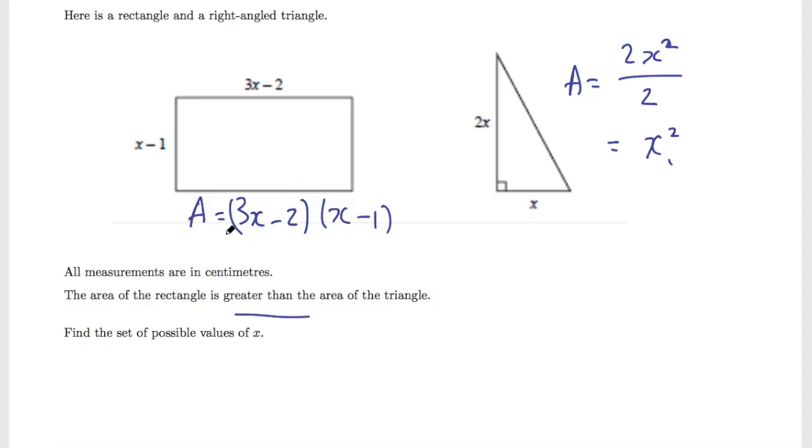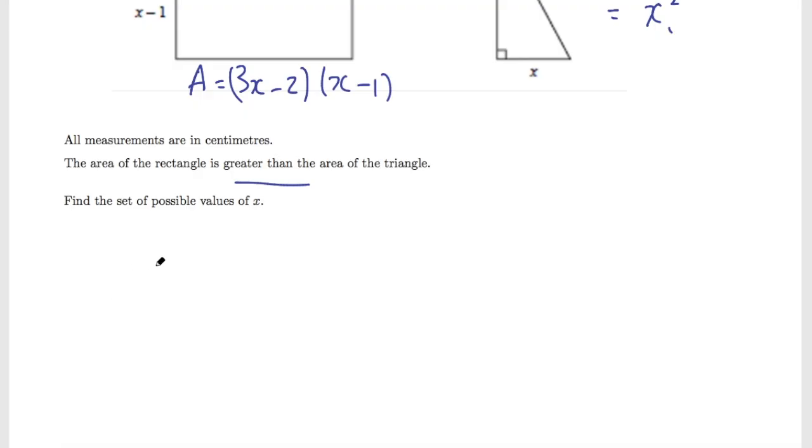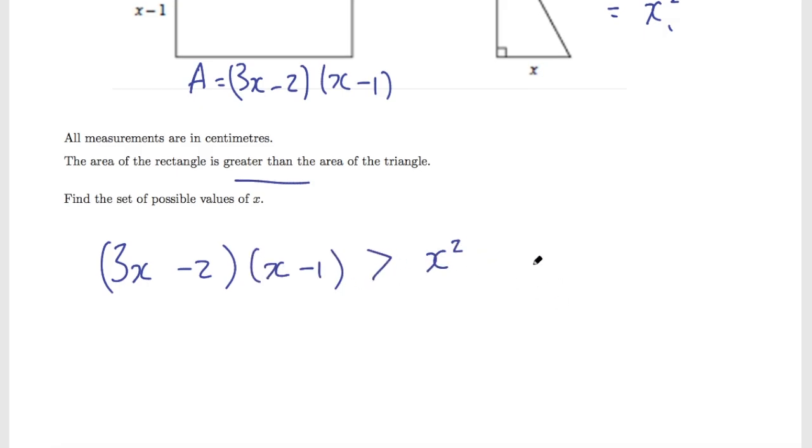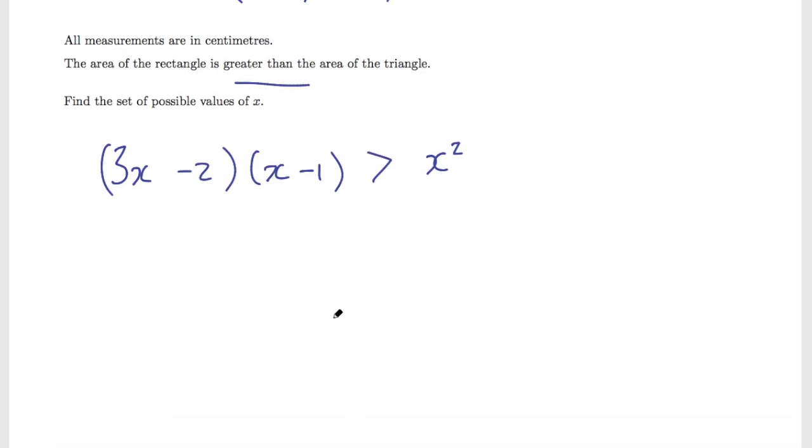Okay, and we're told that the area of the rectangle is greater than the area of the triangle. So let's write that relationship down. So 3x minus 2 times x minus 1 is greater than x squared. And then we can essentially solve this as we would an equation to start off with, or simplify it as we would an equation. So let's start off by expanding these brackets using FOIL. So firsts, outers, inners, lasts